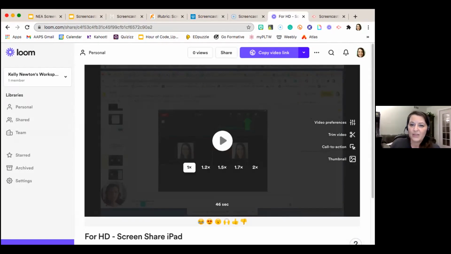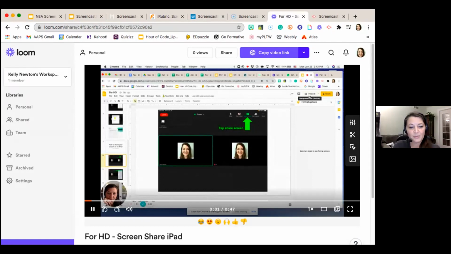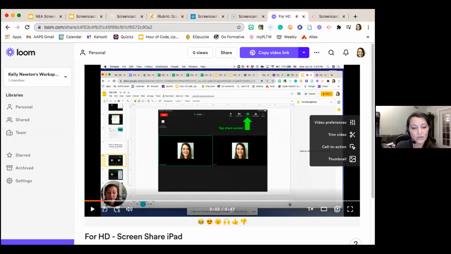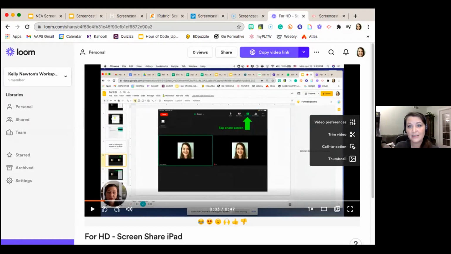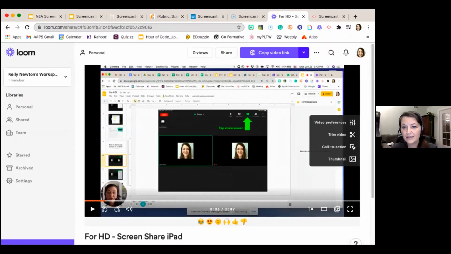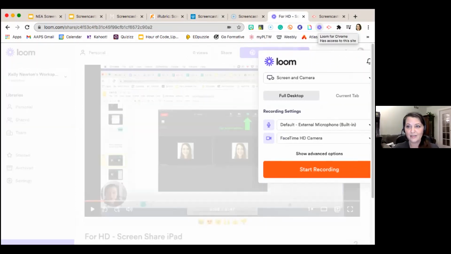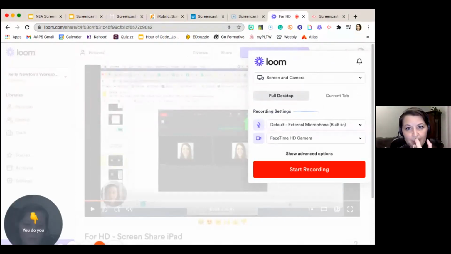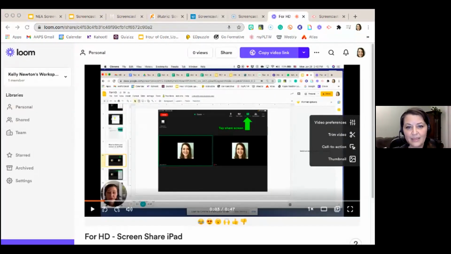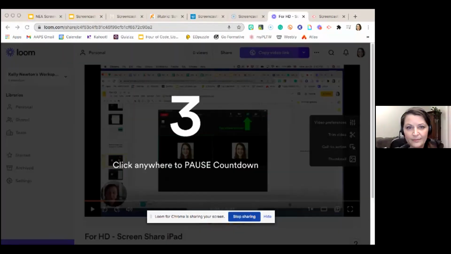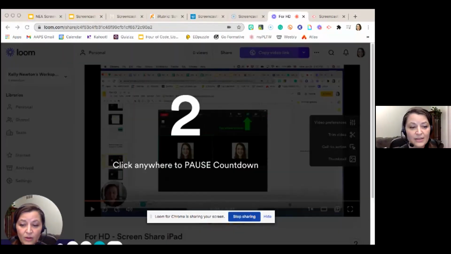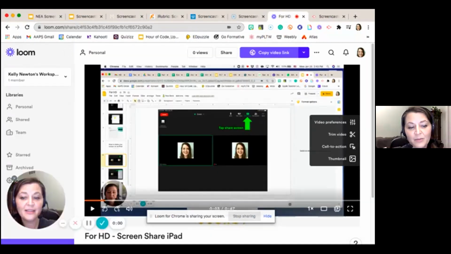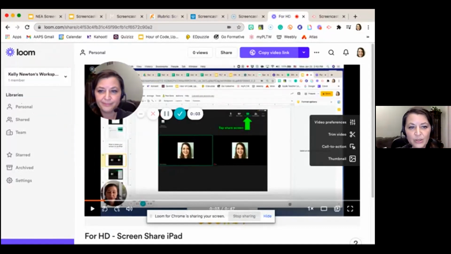And if I go into one, like if I start playing it, you can actually pick up this circle. So if you want to share your screen and drag it to any place on the screen, you can pick it up and move it if you want it to be in a different location. I can turn on Loom right now in Zoom, and then I'll let you see what it looks like. So if I start a recording, you have to choose what I'm recording. It's going to give you the countdown like it always does, but you can indeed pick up the camera as soon as it lets me, and I can move it around on the screen, put it anywhere I want.